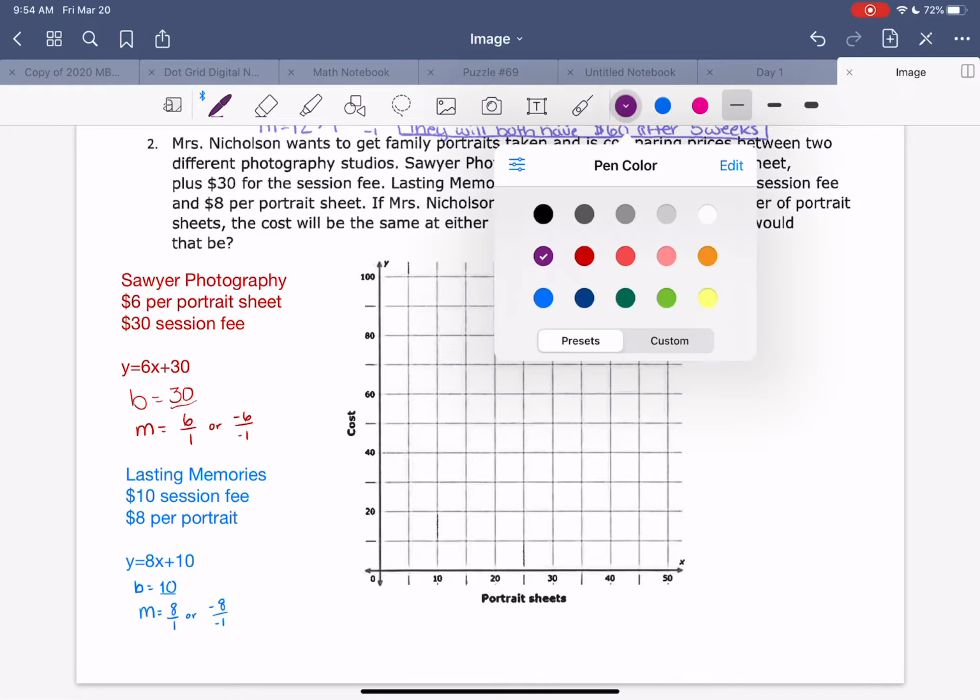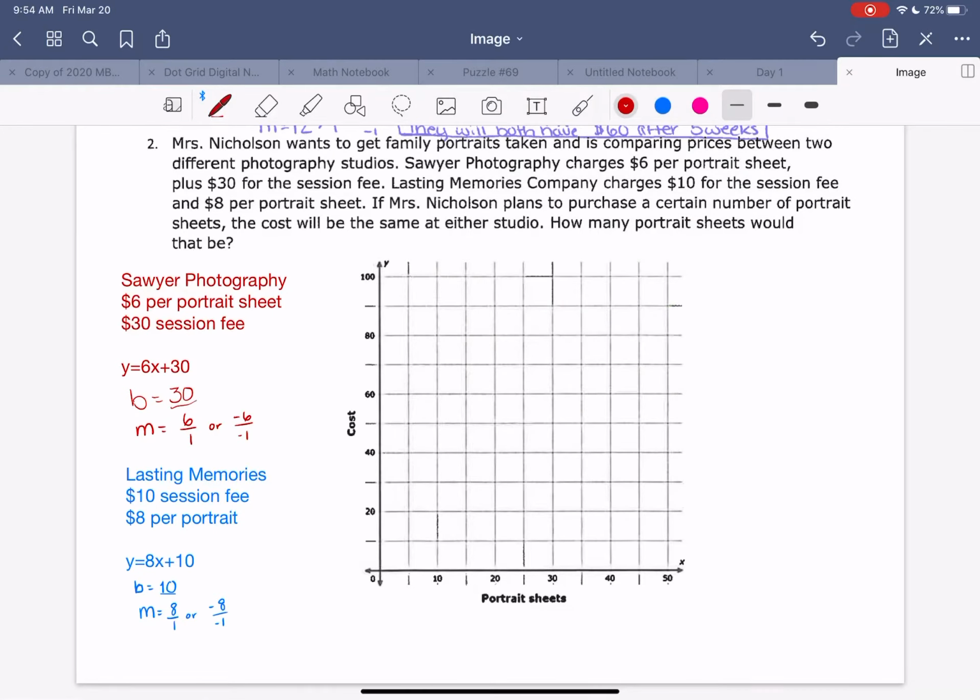Okay, so starting with our first one, Sawyer's photography, I have that my B equals 30. So that'll be the very first point that I plot. I go to my y-axis and find 30, which is right between 20 and 40. And then I look at my M, but if you notice, it says I'm going up 6 and to the